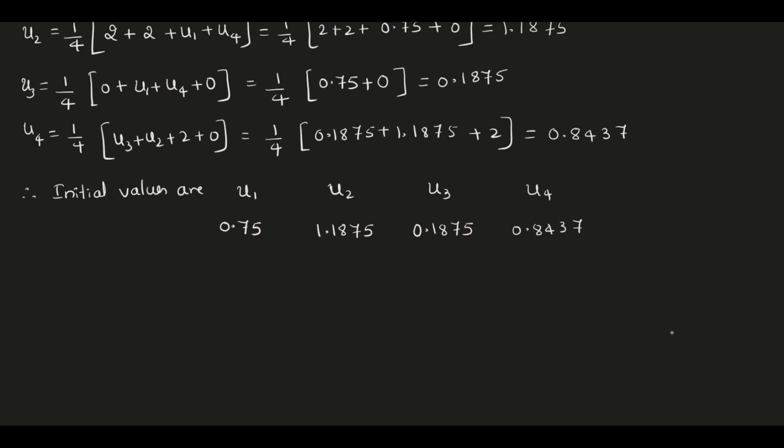Now, using these initial values, we want to improve this, because I want to check that in the next iteration I must get the same values. Then only you can stop. So until you get two consecutive answers whose decimal places are equal, you have to write the iteration. For the iteration process, we have to use the general formula of the 5-point formula. So what is that? To find accuracy,